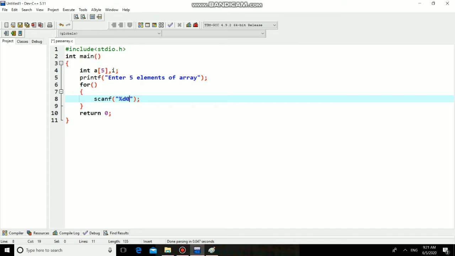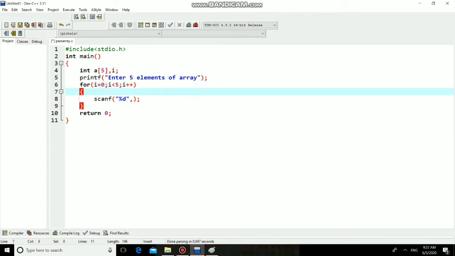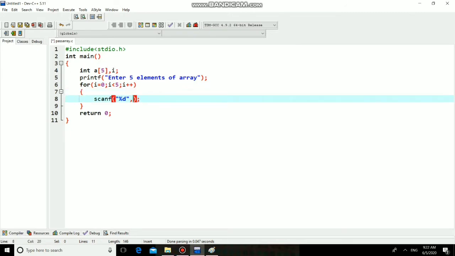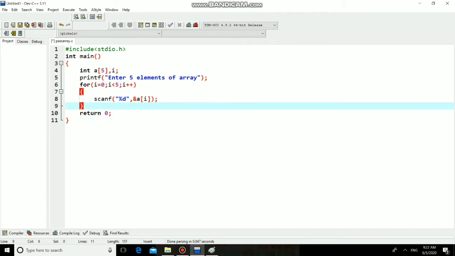So %d, comma, here we should set the limit: i is equal to 0, i less than 5 and i plus plus. Then all those elements will be placed at address of a of 0, a of 1, a of 2, a of 3, a of 4. So this is the reading part.